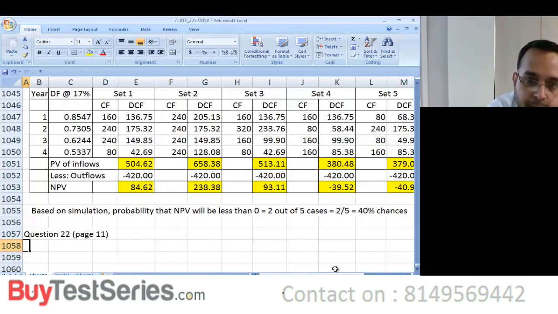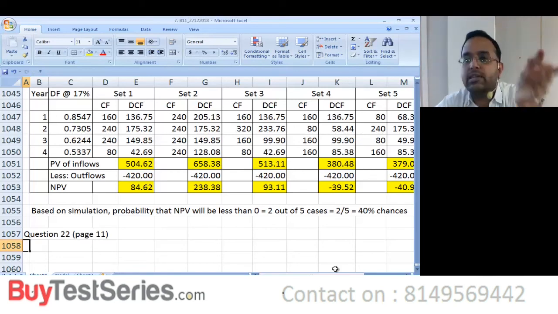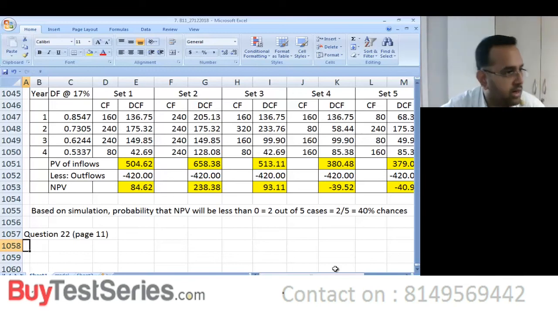The probabilities are given. When probabilities are given, I can find out the cumulative probability, correct? Cumulative probability is 0.02, 0.05, 0.2, correct? You can find out the cumulative probability of cash flows. And then we need to find out the multiplier. What is the multiplier here? All the random numbers given are 4-digit numbers, correct? Largest possible number, 9,999 plus 1, 10,000. Multiply all these cumulative probabilities by 10,000 and then fix a range. And then you can fit in these numbers to find out what cash flow we are referring to. As we solve the problem, you will understand it better, right?